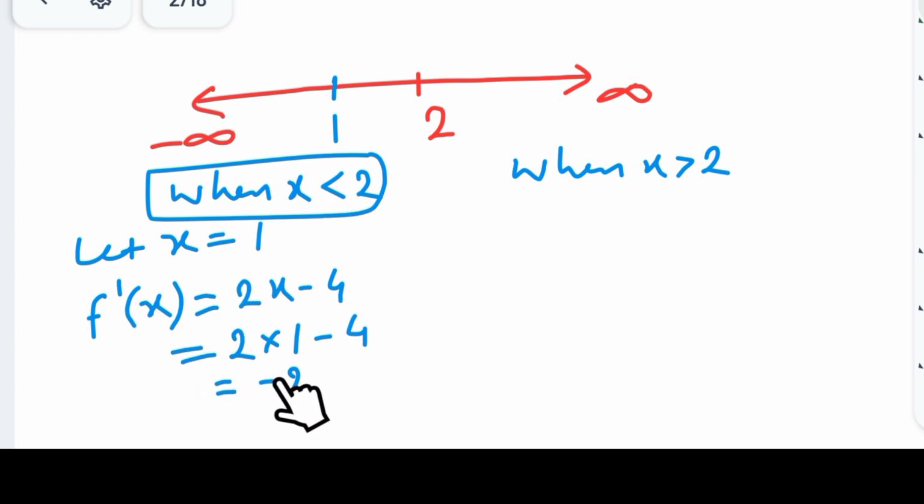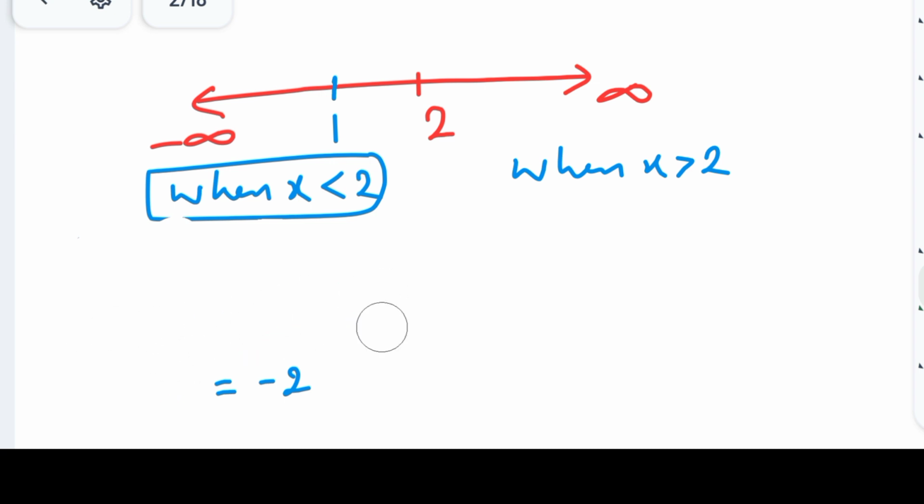Minus 2 means negative. We just have to check whether it is negative or positive. So f dash x is negative. It means, I am summarizing this: when x is less than 2, f dash x is less than 0. Correct? And when x is greater than 2,